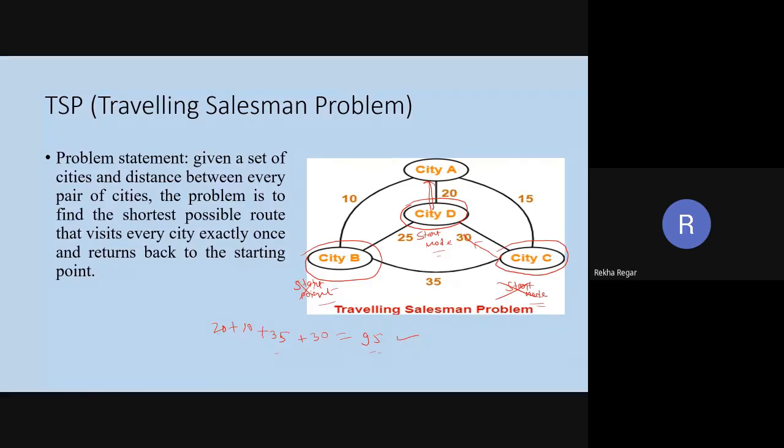So guys, are you getting the idea of it? Whatever start point we are taking, the total distance also depends on the starting point we are taking, because at the end we have to reach that point also. When we reach that point, there will be a possibility that we will have some other cost. So guys, you are getting the idea of the traveling salesman problem, TSP.